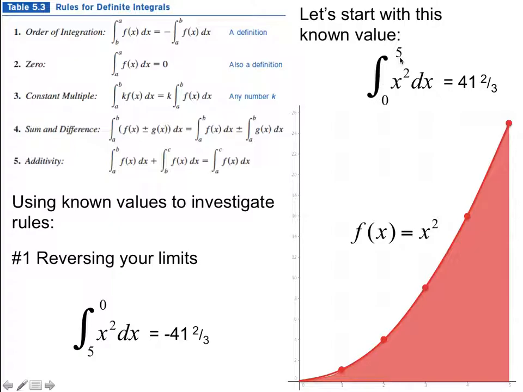This has to be different than this because it's not the same. So it's a negative value. It's represented by sweeping backwards. Let's take a look at